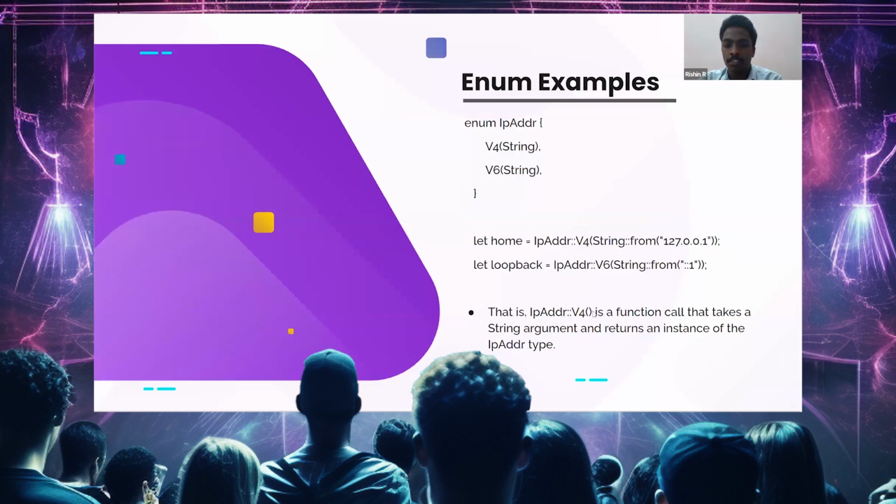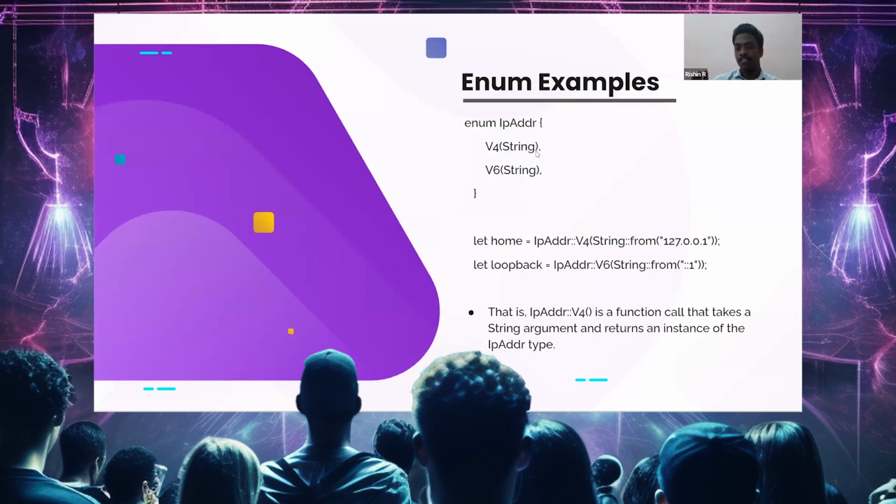And yeah, we have discussed this. We can use this method to call the value from this one. Okay, and this is a similar representation where you are calling v4 and then you are putting a string inside. Now, similar to a tuple, where you can pass a value, that is a string, into version 4 and